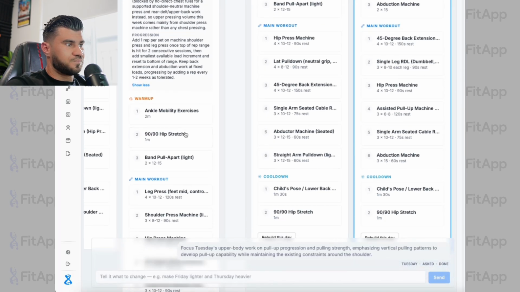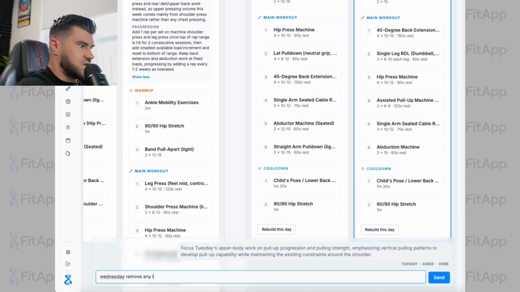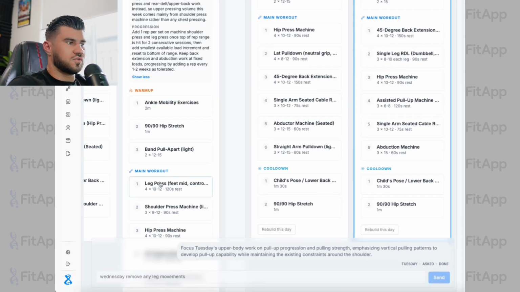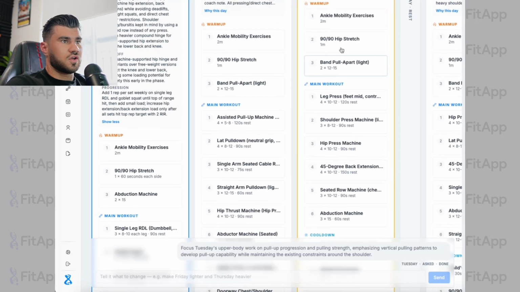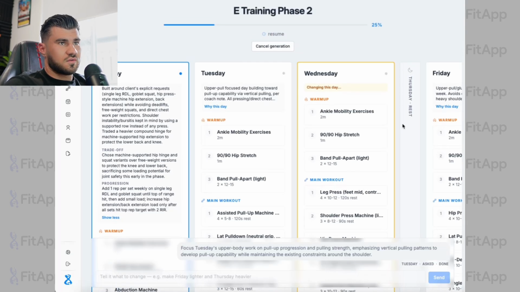So let's just say here, let's go Wednesday, remove any leg movements. Perfect. I don't want to do leg press on that particular day. There you go. We are changing this day. We've got leg press. We're going to have that removed momentarily, and then it will completely alter the workout to suit that request. And just like that, in about 5 minutes, we have created a hyper-personalized workout program